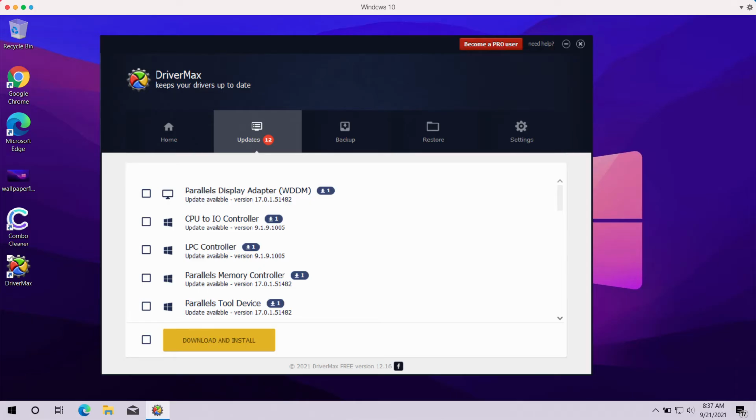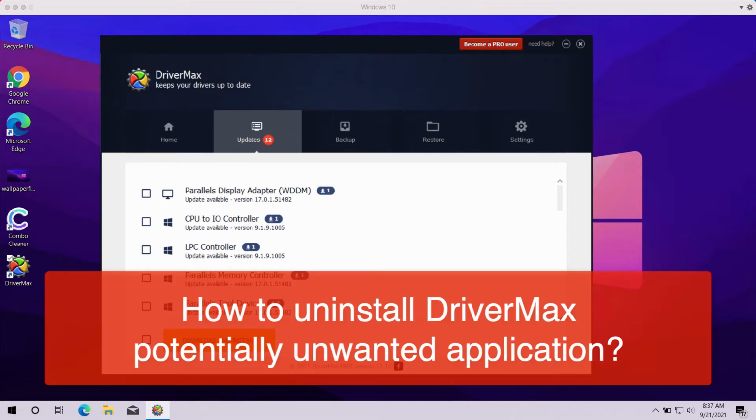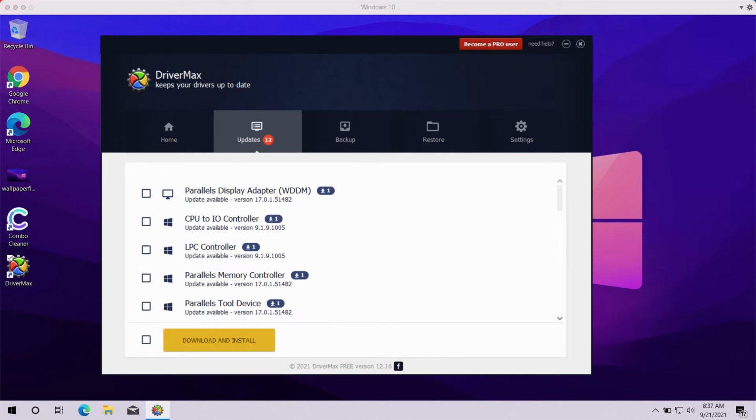In this video guide, we will give you detailed instructions that will help you to get rid of the potentially unwanted program called DriverMax. DriverMax is designed to ensure that the drivers installed onto the system are up to date. However, DriverMax is classified as a potentially unwanted application due to its dubious distribution methods, which can lead to inadvertent